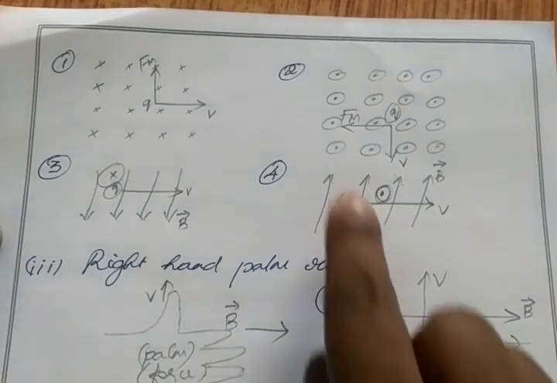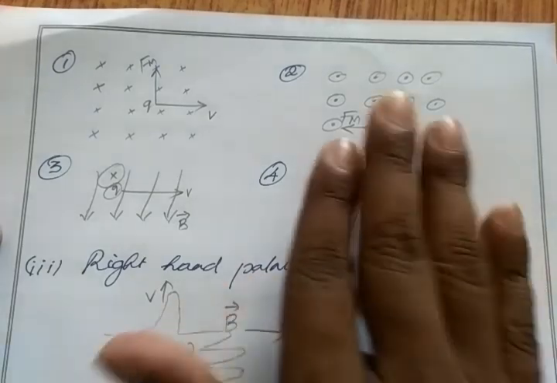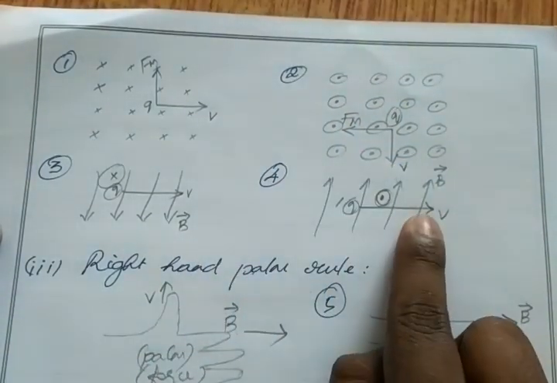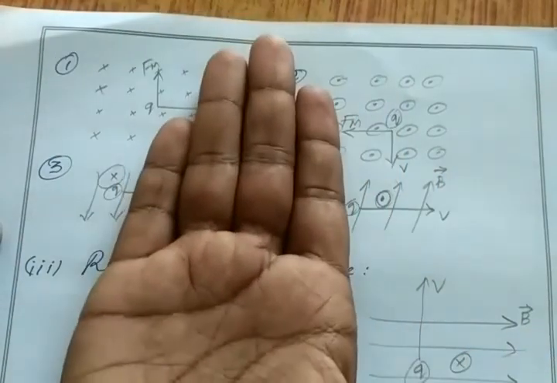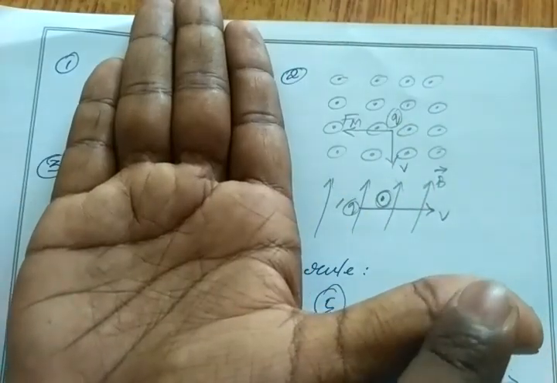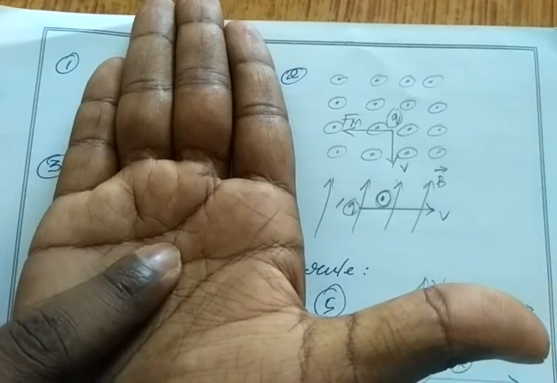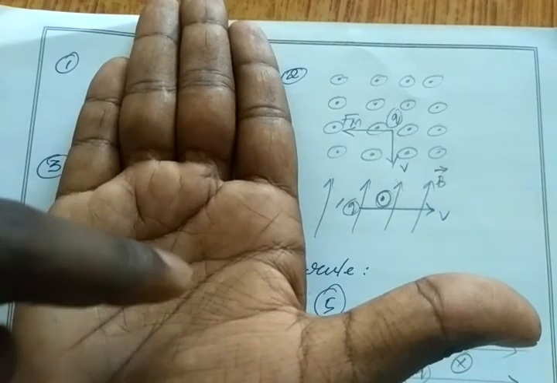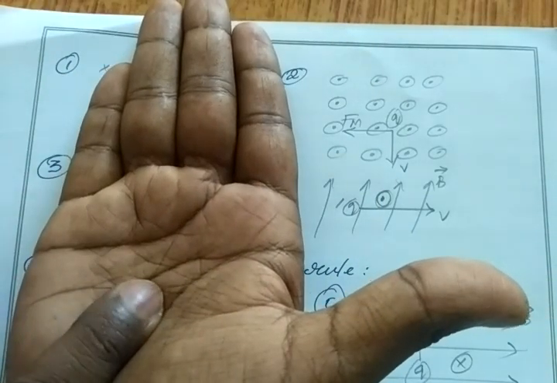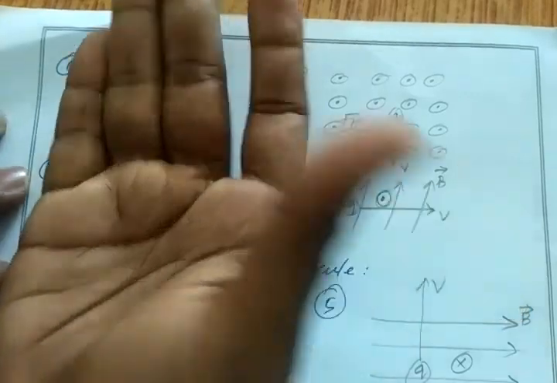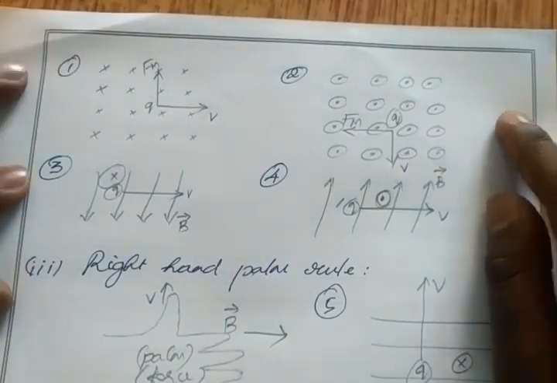For example, here, for magnetic field, my forefinger is in the direction of magnetic field and my thumb finger is in the direction of motion of charge. So like this. Then my palm shows the direction of magnetic force. So magnetic force is coming outwards. Here we found the magnetic force by using Fleming's left hand rule. So we get the same answer by using right hand palm rule. So both are same. Okay, so this is checked and verified. Similarly, you can find the magnetic force for this.